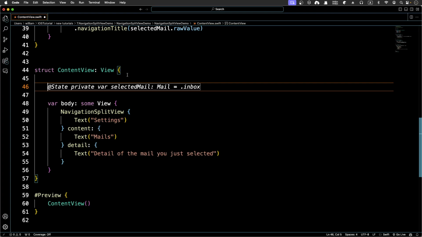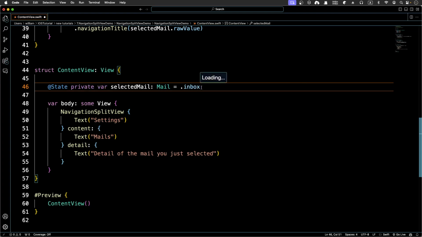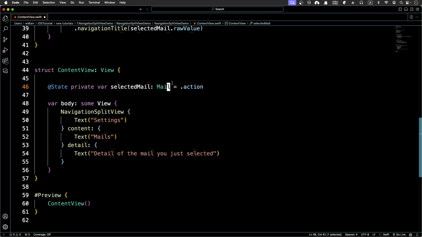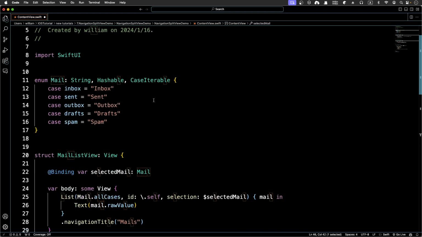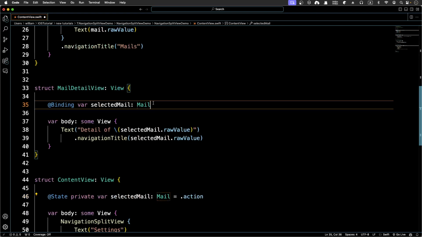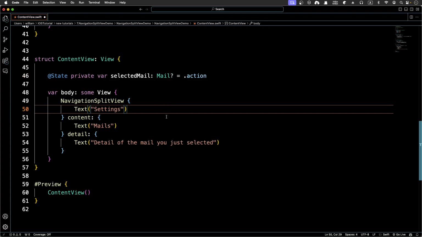Okay, state variable, that's where we get the male actually working. So select the male will be male, and it's inbox. We can do that, but you can also make it action, and this male can be select the male. Let's make it optional because you might not select anything. So let's just make it optional. Okay, and